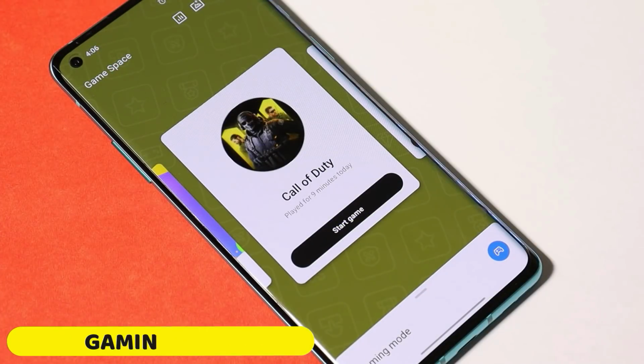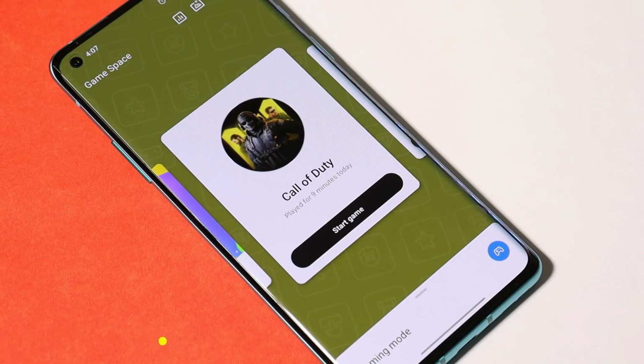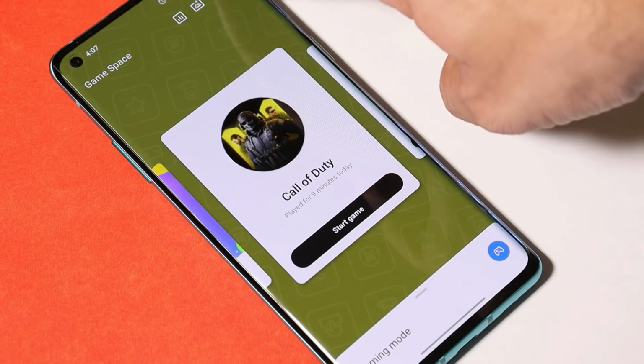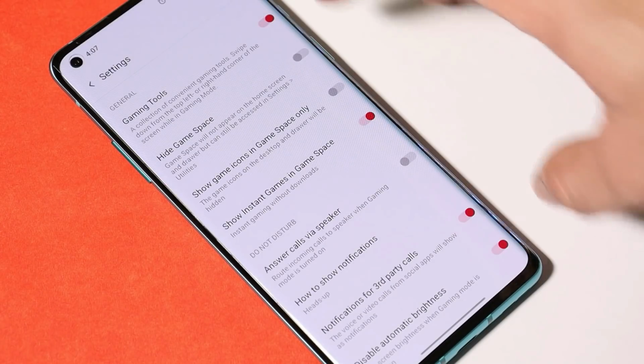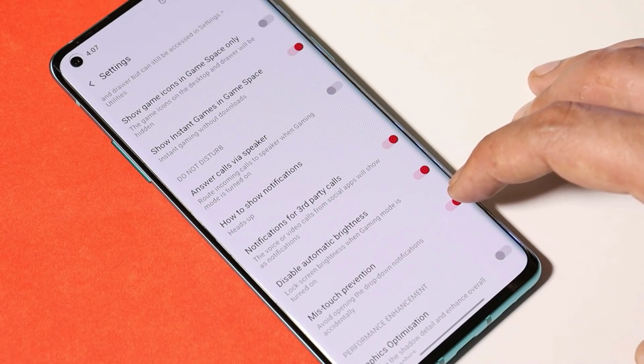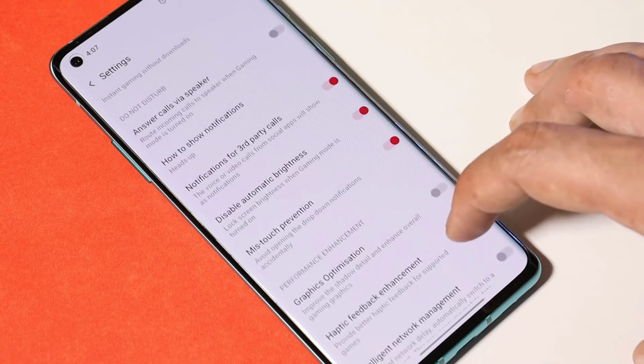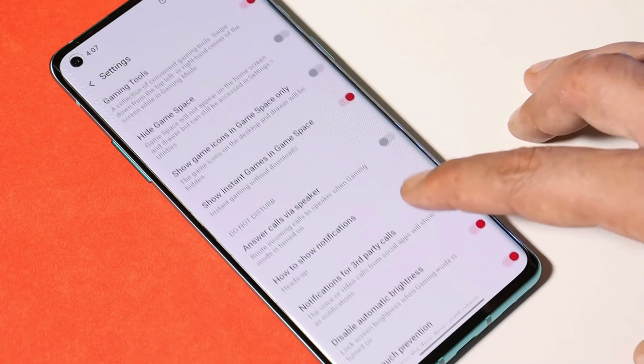And then we have a new update for gamers, which was added with this latest developer preview 4, in which they have added a new gaming toolbox, which can be seen here, and the ability to avoid mistouch. For this also I have made a dedicated video that will be given in the description below.